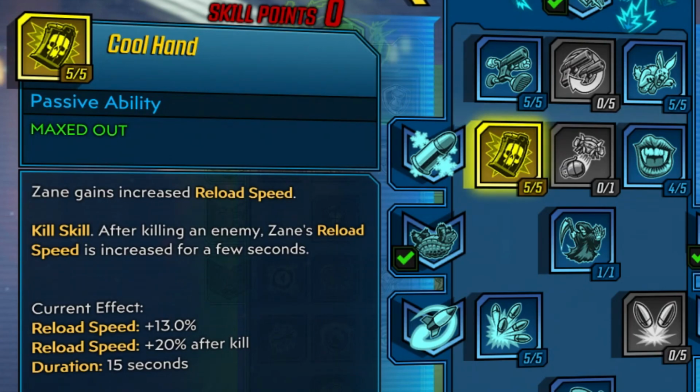Next, we'll be putting in 5 points into Cool Hand. This increases our reload speed by 13% normally and 20% after getting a kill. This just takes away the downtime of reloading and overall should increase our DPS, since when you're not firing, you're